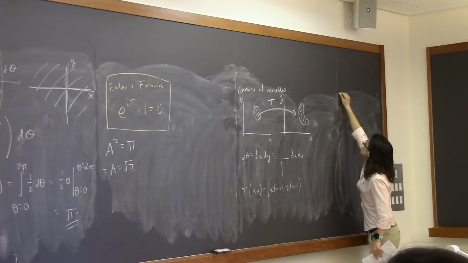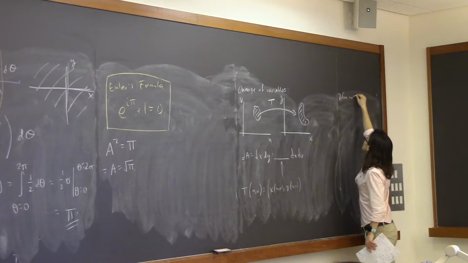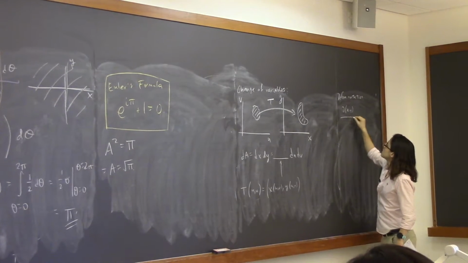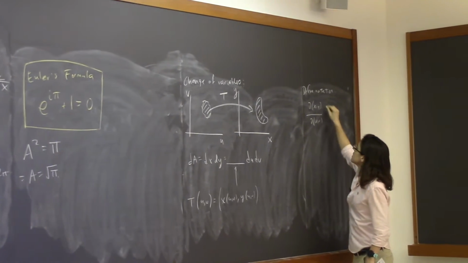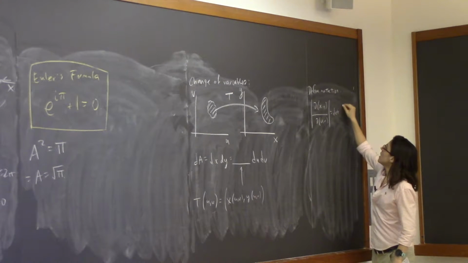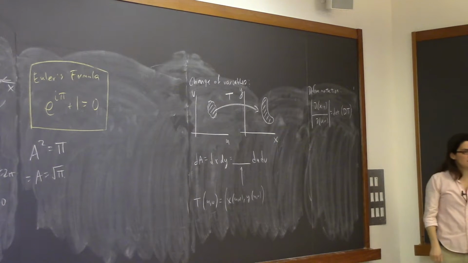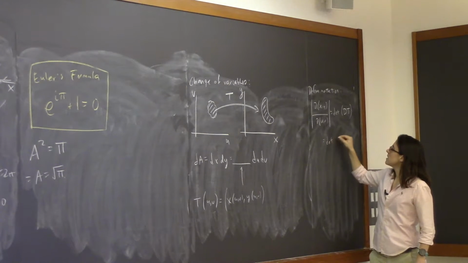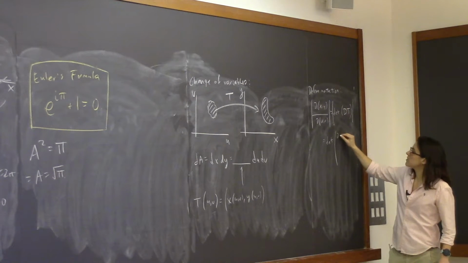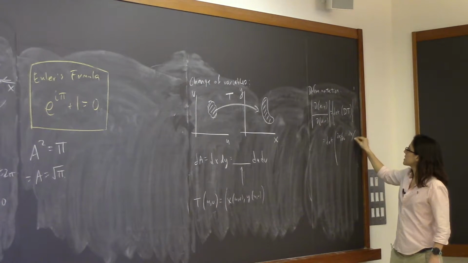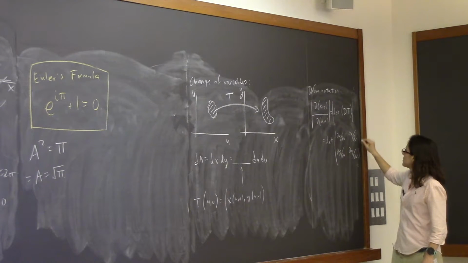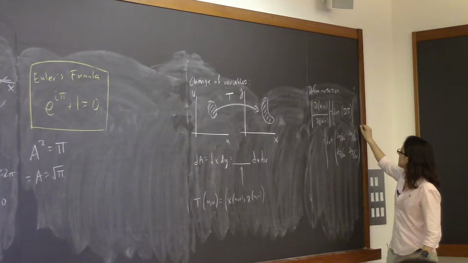So let's define notation. The partial of xy with respect to the partial of uv. This is going to be the absolute value of the determinant of the DT matrix, which is just the box of all the derivatives. So this is the determinant of the matrix: partial of x with respect to u, partial of x with respect to v, partial of y with respect to u, partial of y with respect to v. Okay.